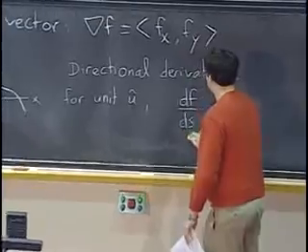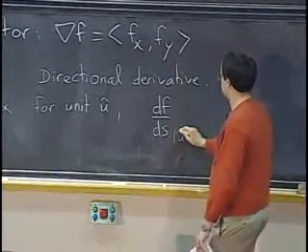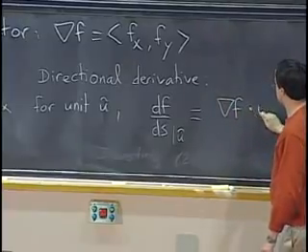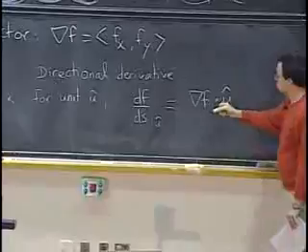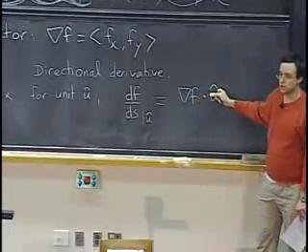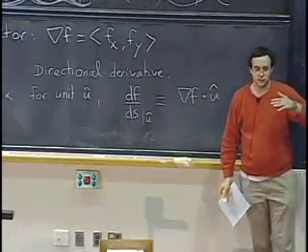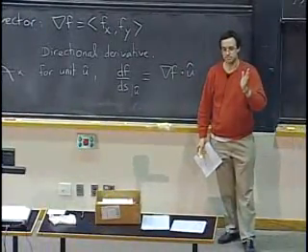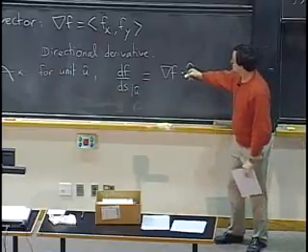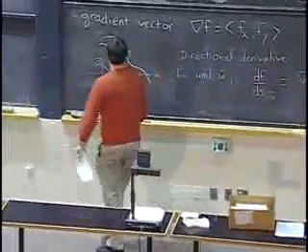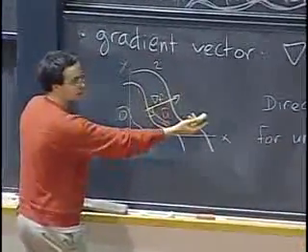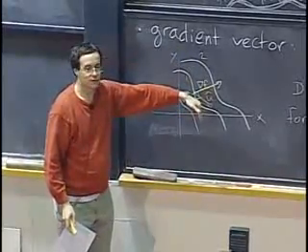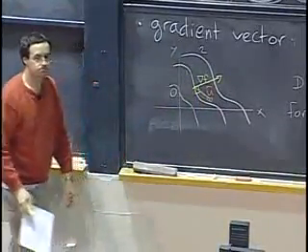So the directional derivative is what we've called df/ds in the direction of this unit vector. And basically, the only thing we need to compute it is that it's the dot product between the gradient and this vector u hat. In particular, the directional derivatives in the direction of i hat or j hat are just the usual partial derivatives. That's what you would expect. Okay? And so now you see, in particular, if you try to go in a direction that's perpendicular to the gradient, then the directional derivative will be 0 because you're moving on the level curve. So the value doesn't change. Okay?